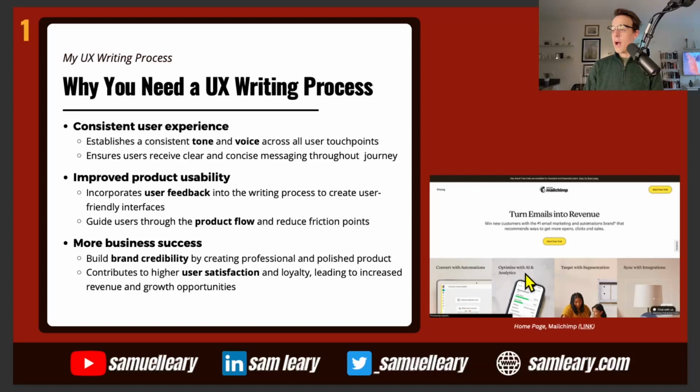Convert with automation, optimize with AI and analytics, target with segmentation, and sync with integrations. So what do we have here? It looks simple, but really what's being offered to the person who lands on MailChimp's homepage is basically every option that MailChimp is trying to offer its users. So that's automations, AI with analytics, target with segmentation, and sync with integration, which